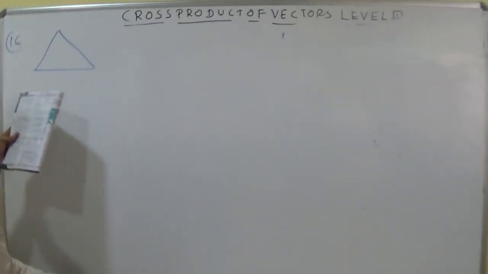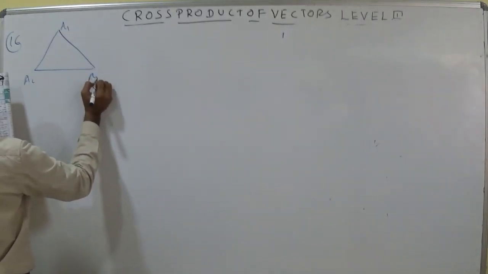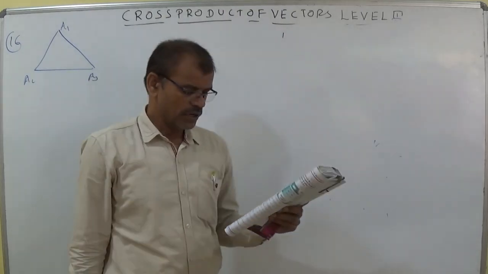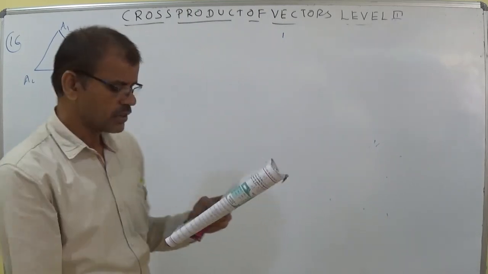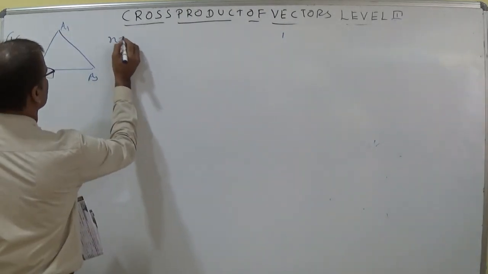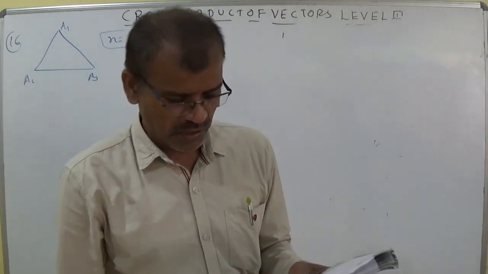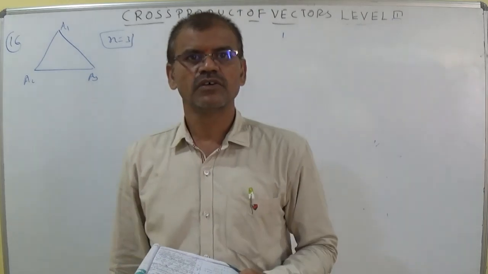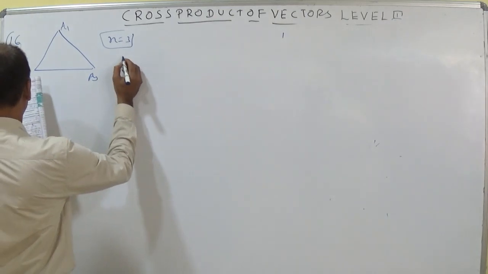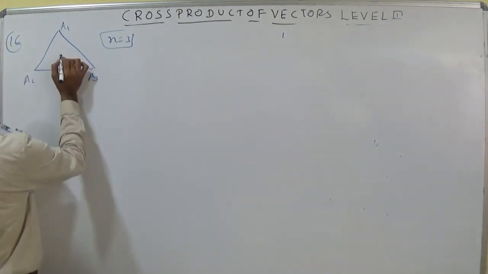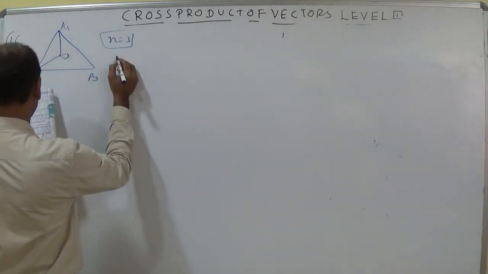A1, A2, A3, so on AN. Here put A1, A2, A3. A1, A2, A3, so on AN are vertices of regular plane polygon with n sides. I have taken here n is equal to 3. So many sides he has given until AN. So we can take here only 3. Now he is discussing about O is the center. Put O here. Write the diagram like this. N is equal to 3 I have taken.